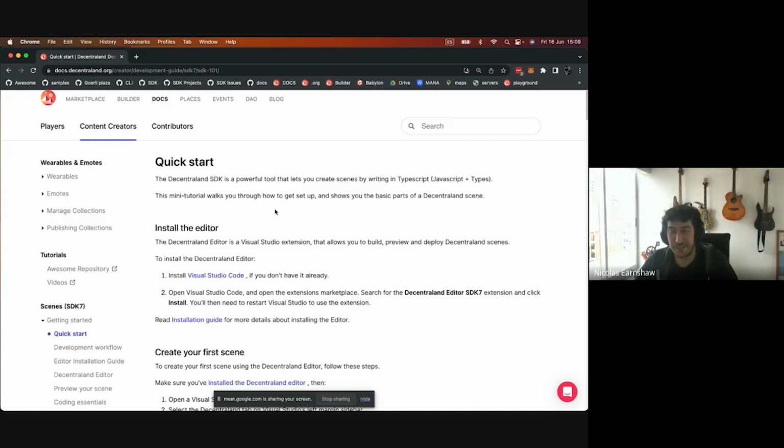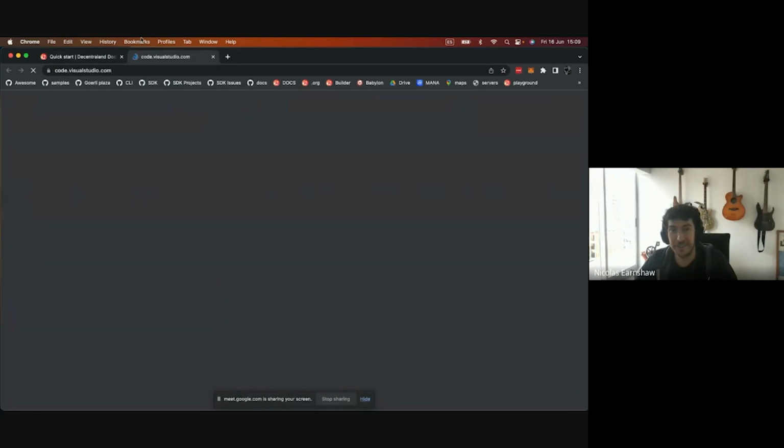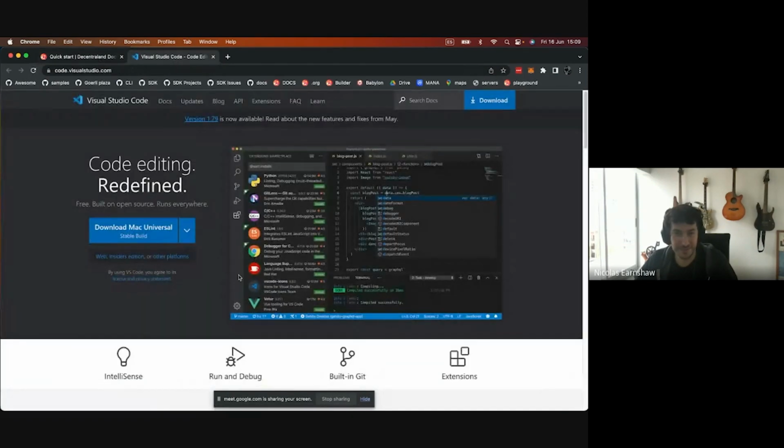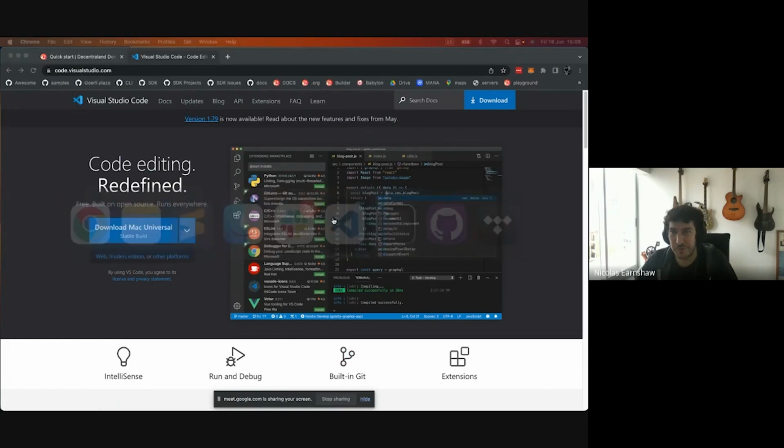So the first thing you're going to need is, if you don't have it already, Visual Studio Code installed. You're going to have to install that. There's a link right here in the quick start, and it's a pretty straightforward, simple installation of software. Just download it for whatever OS you have, and there'll be a straightforward wizard guiding you through the steps. Once you have Visual Studio Code installed,